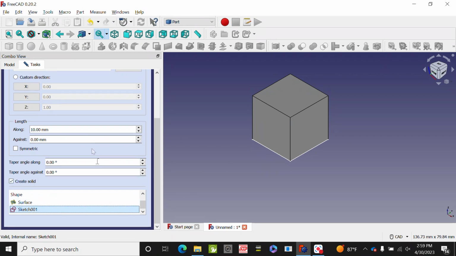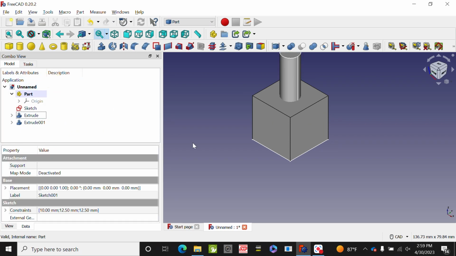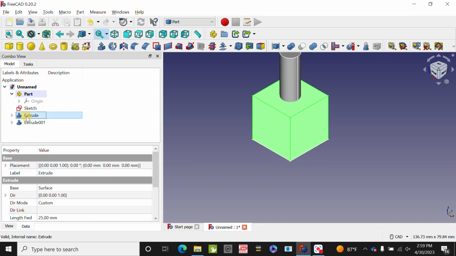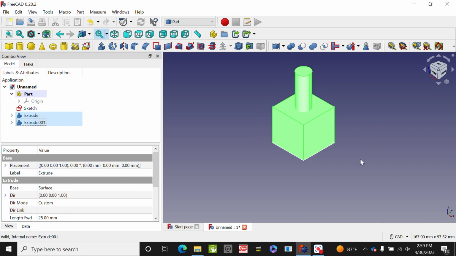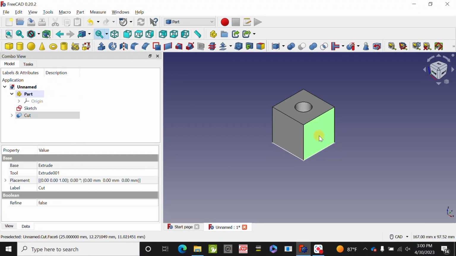So if I do create solid, and I say through X along, say, 50 millimeters, when I say OK, it's going to be passing through it. Okay, so if I click that part, I can go to my Boolean operations and create a cut. And that is how you would start to build your body. If you want to do a cut on this side, then you can click on this face and then